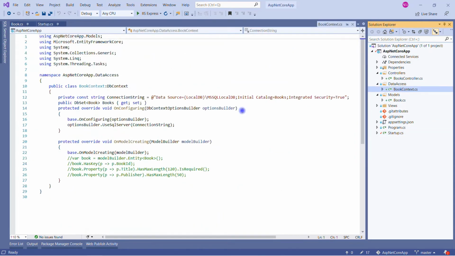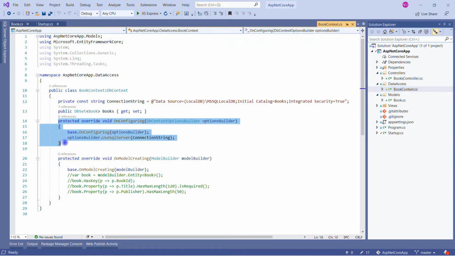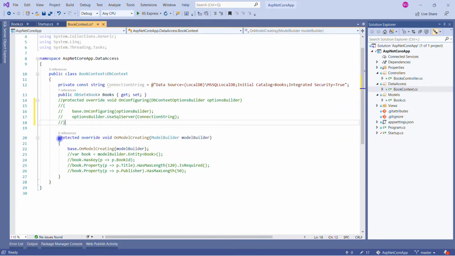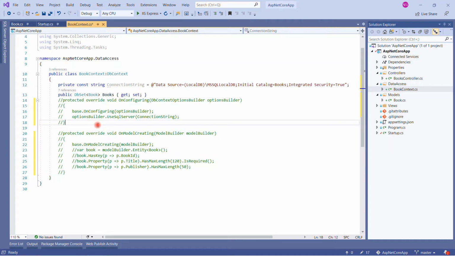And then from the data access one, yes, here we need to change because we are already calling this DB context from our startup class. Now we don't need to pass the connection string from here because we have already provided the information there. And now we are using the data annotation to design the entities, what attribute or table should have. So we don't need this one on model creating, so we will comment this one as well, and we don't need this private variable as well.